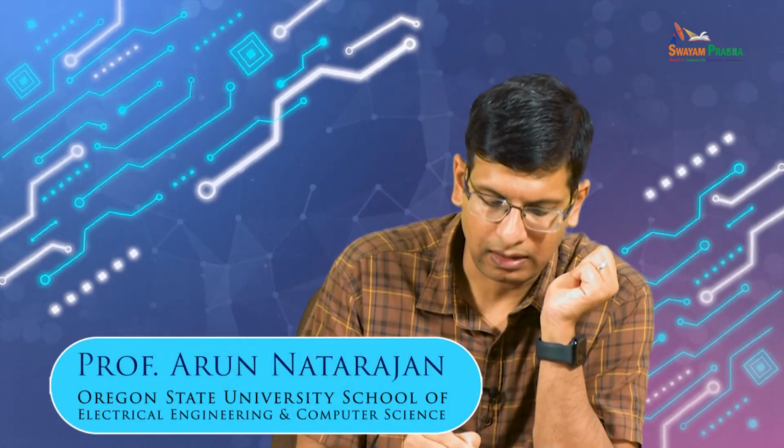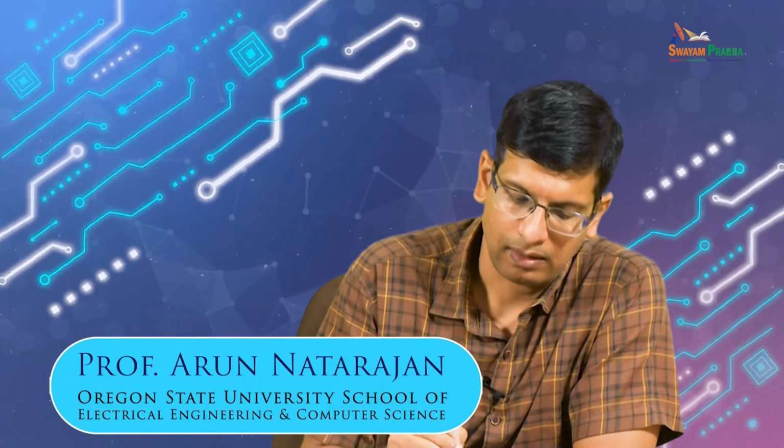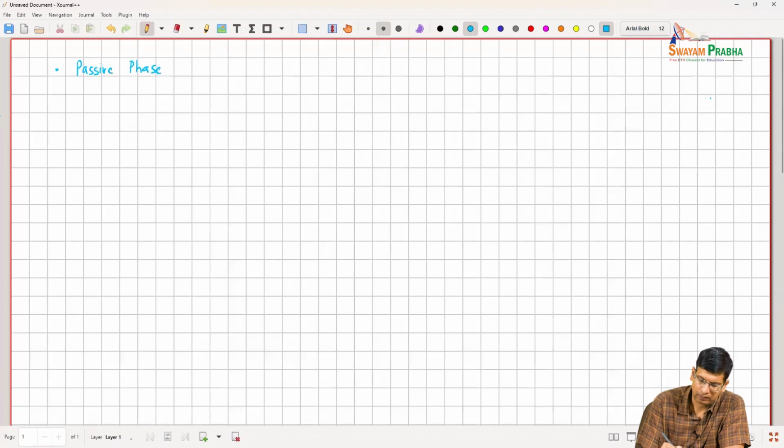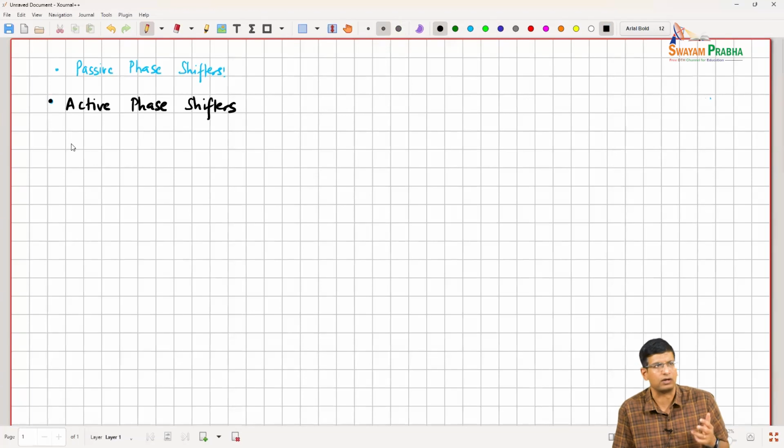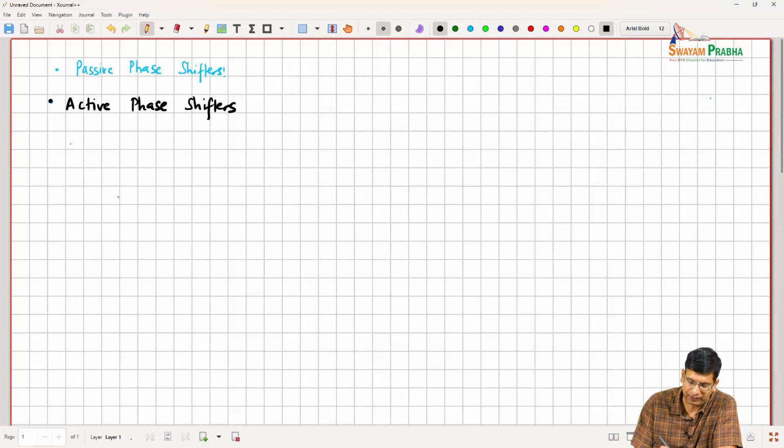Okay, in the last lecture, we looked at passive phase shifters, right? And what we are going to look at now is the same philosophy of trying to get phase shift, but we will get it through active approaches. So, the general philosophy, there are several ways in which you can accomplish it, but the general philosophy is that